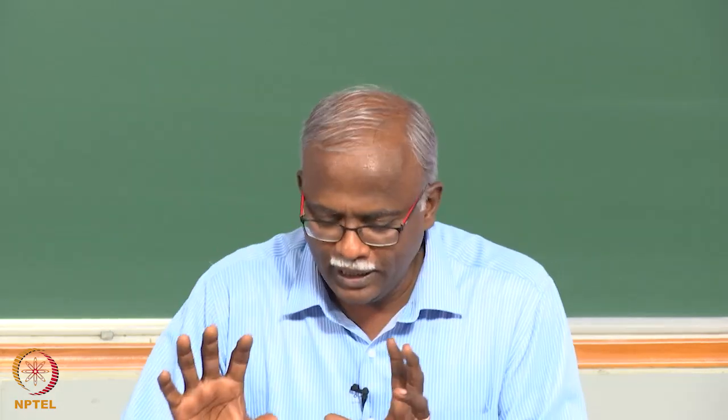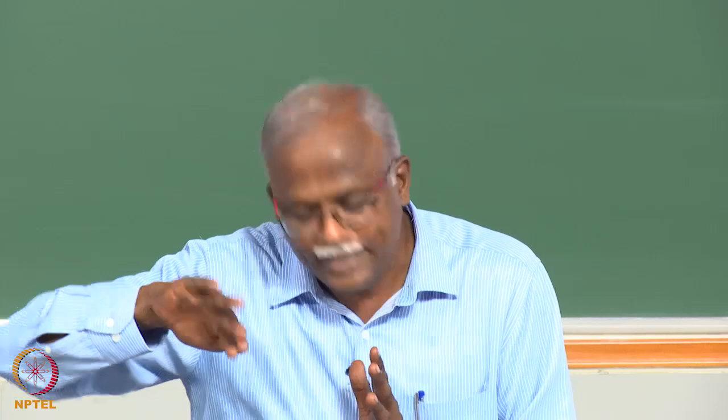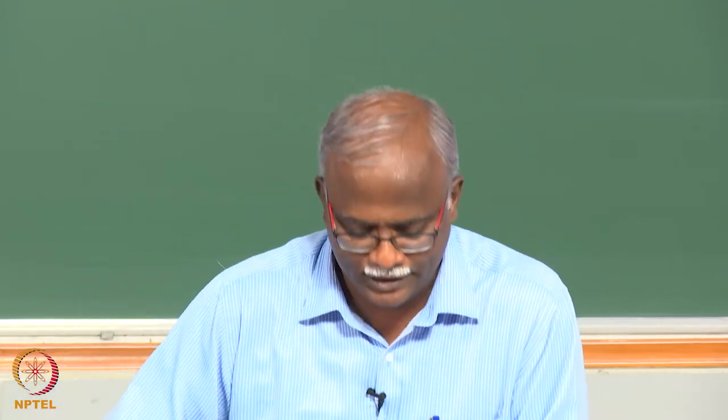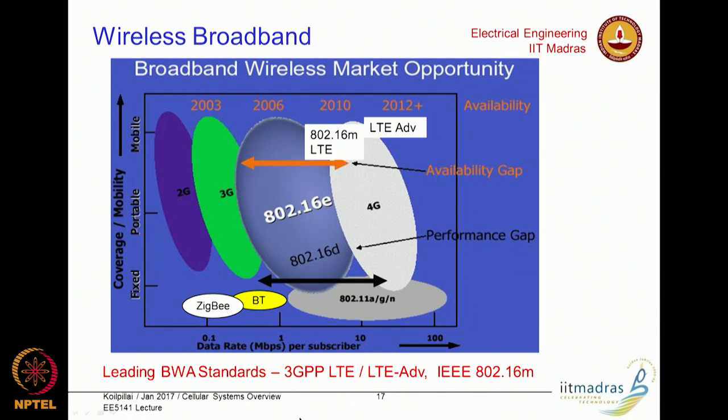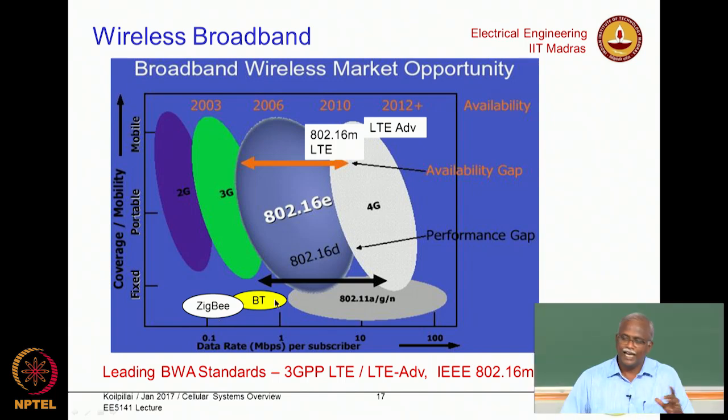A couple of conceptual pictures to keep in mind the trend of cellular versus other technologies. If you remember, we talked about personal area networks, like Zigbee and Bluetooth. How do you characterize them with respect to cellular? One way is a chart which shows data rate in megabits per second on the x-axis, and coverage or mobility on the y-axis. How much can a user move and still be connected to the same system? Zigbee and Bluetooth are fundamentally systems that do not provide handoffs or mobility. More or less you are within a room or a building, but the data rates can go, in the case of Bluetooth, up to 1 megabit per second,